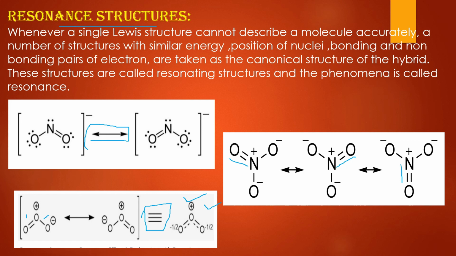Now in resonance, remember one thing, the position of the atoms does not change. You see, nitrogen is here, and here also nitrogen is present at the same place; oxygen is here, oxygen is here also, and this oxygen is here, and here also this oxygen is. So the position of what changes? One is the position of the bonds and the other is the position of the lone pairs of electrons. Look here, on this oxygen there are 3 lone pairs of electrons and here there are 2, and here it is reversed, here it is 2 and here 3. The bond here was single, it converted to double, right? And the double bond that was here converted to a single bond. So remember one thing, in the phenomenon of resonance, the position of the atoms remains the same, but only the position of the bonds and the position of the lone pairs of electrons will change in different resonating structures.